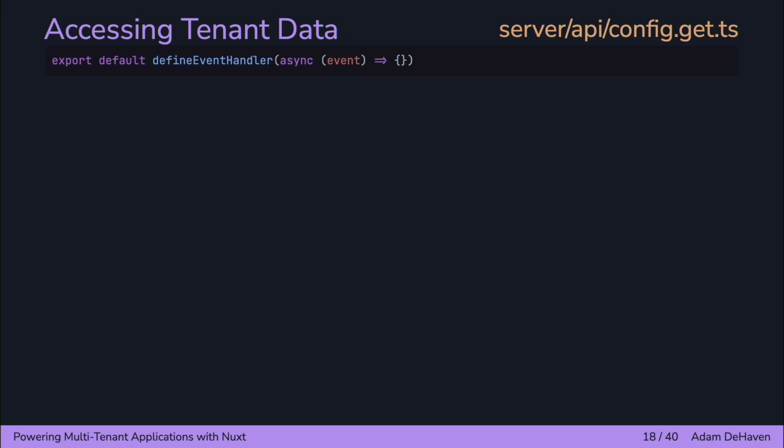So we'll set up a Nitro server route that will handle the config request and use the tenant's ID to fetch the appropriate data from our storage provider. For our example, we'll assume that each tenant's configuration is stored as JSON in our KV store. And the key format will be similar to before, where it's tenant:config:ID, where the ID is the unique identifier. So to get started, we'll create the new file and create an event handler